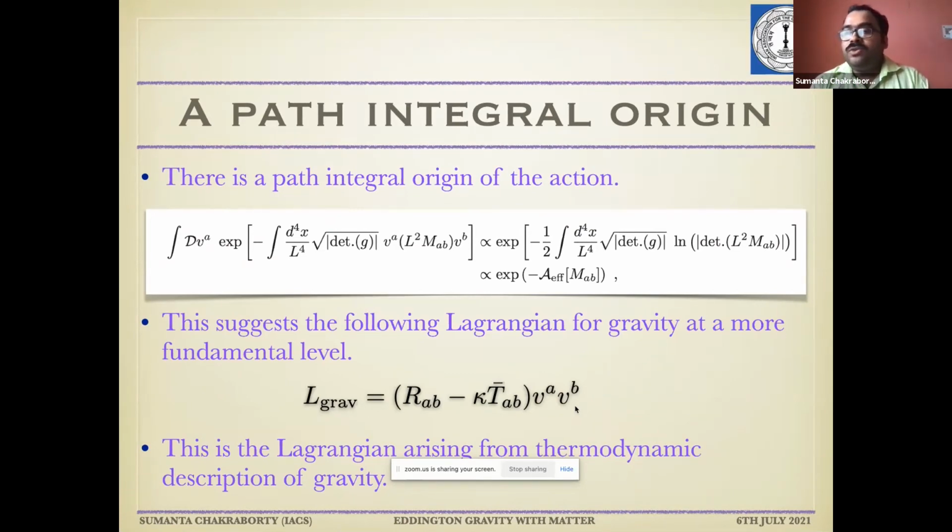So there are effectively two terms in this Lagrangian. One is R_AB V^A V^B, and the second term is T bar_AB V^A V^B. Now, how should we interpret both of these terms? As the previous speaker explicitly mentioned, for black hole horizons or for Rindler horizons, there are certain thermal characteristics that can be observed. And both of them are null surfaces. Therefore, it is important to understand what happens when this vector field V^A is actually a null vector. In particular, those are the regimes where we can expect a thermal behavior and hence a thermodynamic description of gravity.